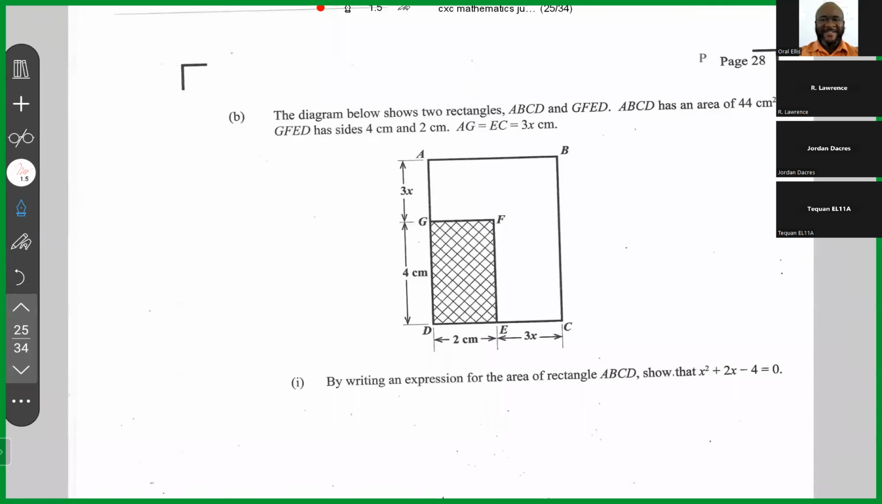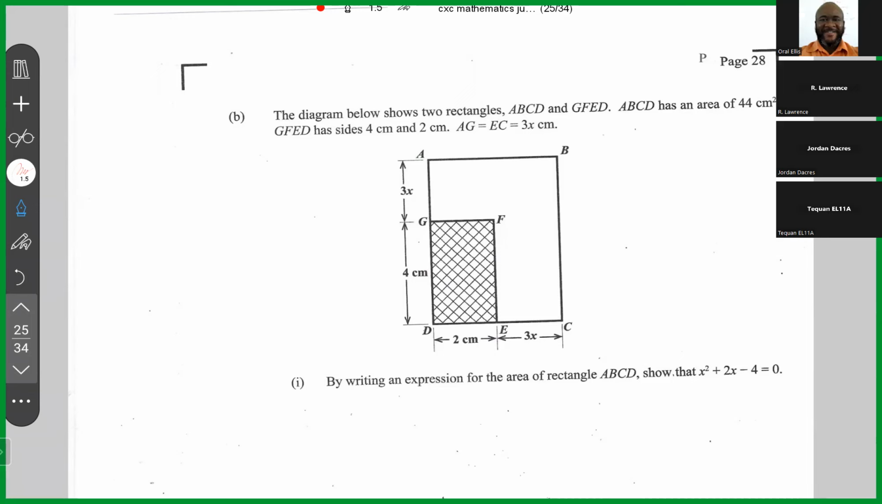G, F, E, D has sides 4 centimeters and 2 centimeters. We're told that AG is equal to EC, both are 3 centimeters. We can see all of that in the diagram. By writing an expression for the area of rectangle ABCD, show that x squared plus 2x minus 4 is equal